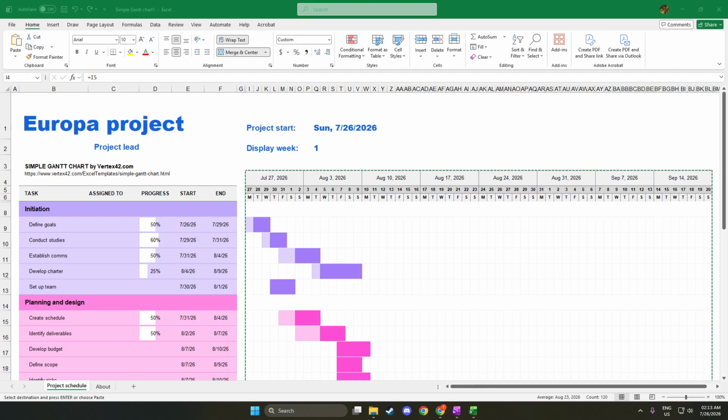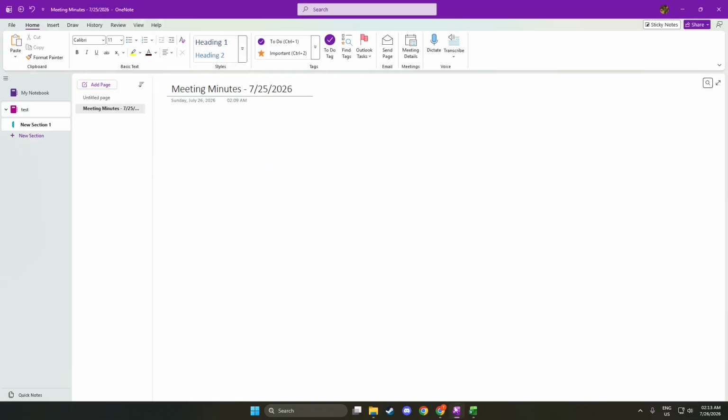Now, let's move on to opening OneNote. Locate the OneNote application on your computer. You can find it in your Start menu or by searching for it in your applications. Once you open OneNote, you will see a familiar interface with your notebooks on the left side. If you don't have any notebooks yet, you can create one by clicking on New Notebook. Opening OneNote is crucial because it is the platform where you will be pasting the chart you copied. With OneNote ready, you can organize your notes and visuals efficiently.